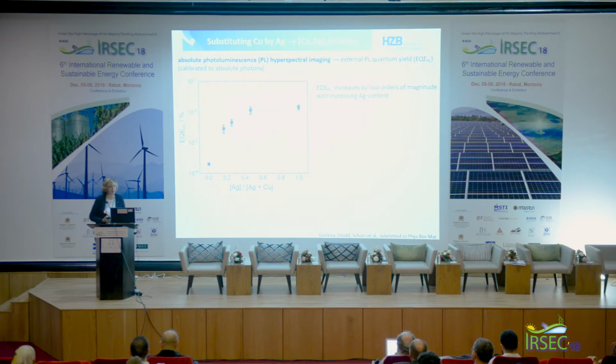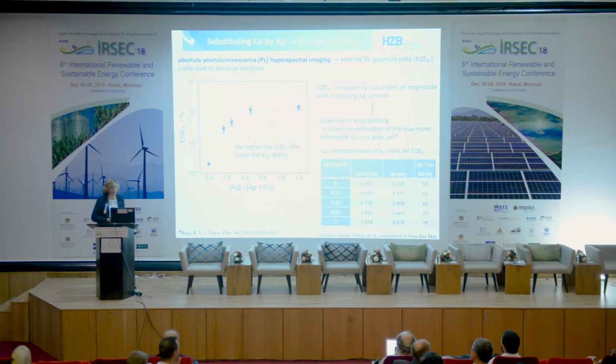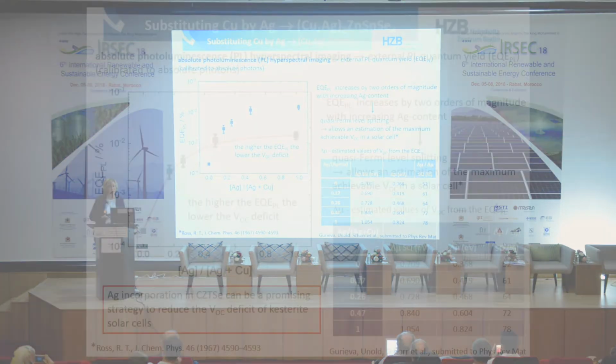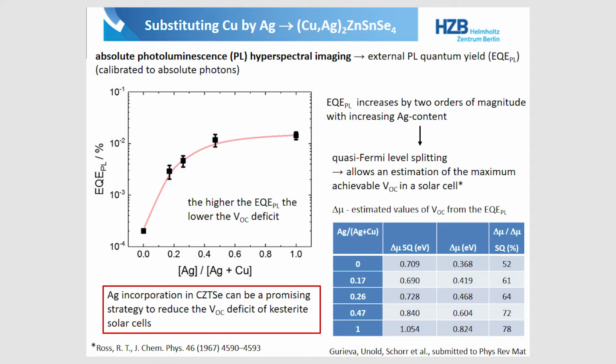So then we measured this absolute photoluminescence hyperspectral imaging, from which it is possible to deduce the external PL quantum yield, EQE-PL, and is shown here. With the silver content increasing, the EQE is increasing. With this, you can determine the quasi-Fermi level splitting,